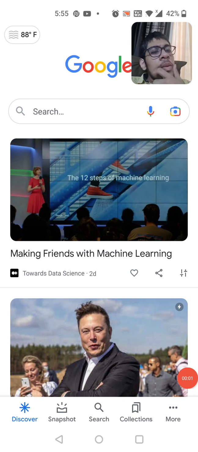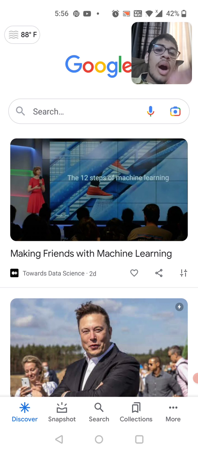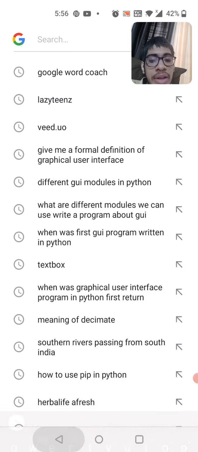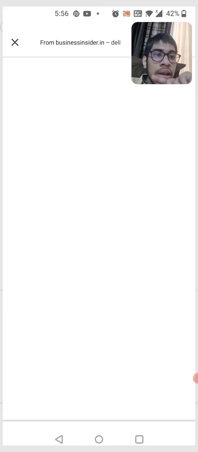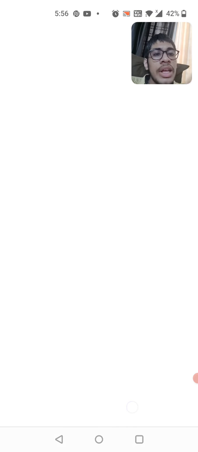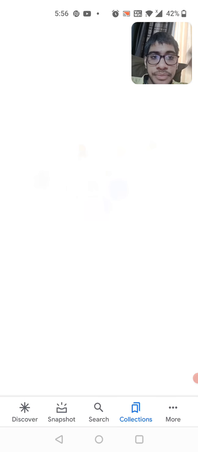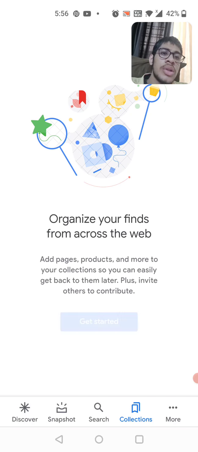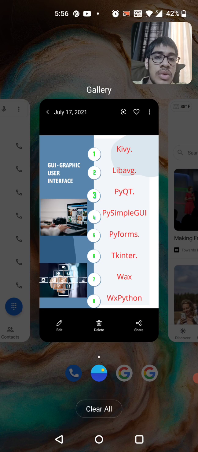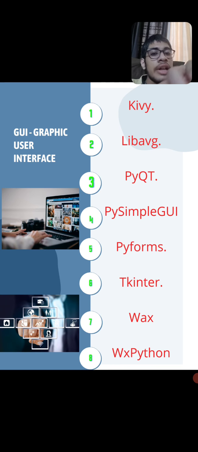Yeah, friends, I want to begin this session with a question to you. Have you ever thought about how we are able to interact with this search engine? How are we able to touch this discover page, or whatever web page it is? How are we able to touch this button? This is all because of GUI. Its full form is graphic user interface. You can see here, graphic user interface.